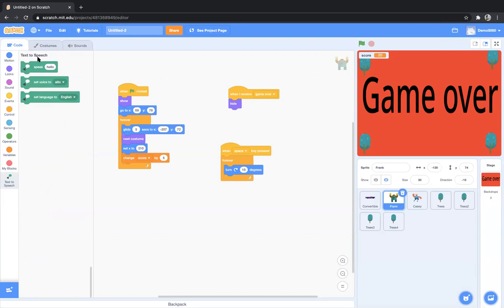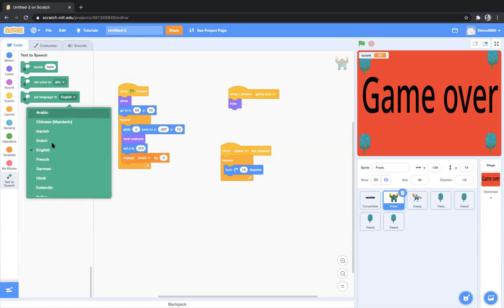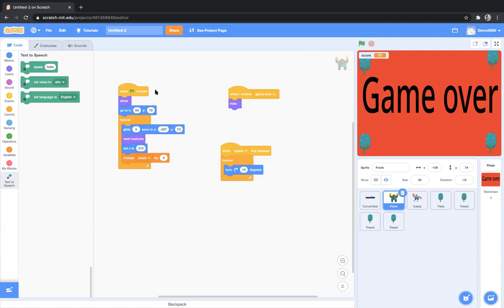Now in text to speech, we have three options: speak, set voice to, and set language. When we use this speak block, the robot or the machine speaks something. From set voice, we can give a voice to that robot. And from the language, we can set any language. If you want Danish, French, German, Hindi, any language you could select here. Is it clear? Do you want me to show the last activity as well? Is it clear to you how to use text to speech?